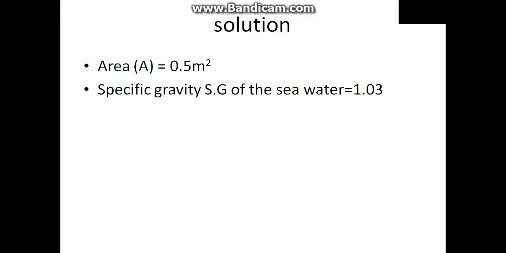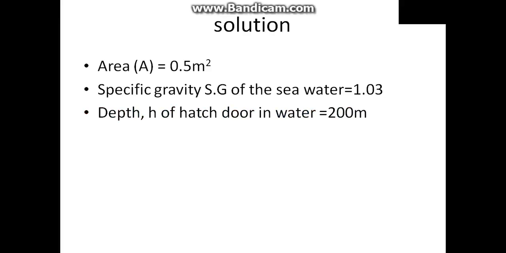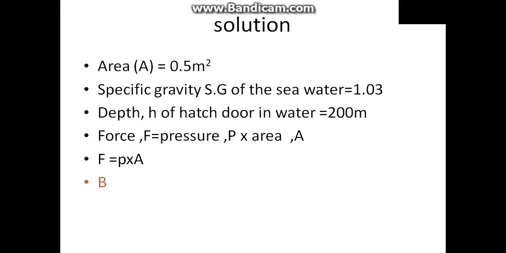Solution: area A is equal to 0.5 meters squared. Specific gravity Sg of the seawater is 1.03. Depth H of the hatch door in water is 200 meters. Force F is equal to pressure P times area, F = PA, but pressure is equal to h times density times gravity, that is height times density times acceleration due to gravity. Therefore, force F is equal to